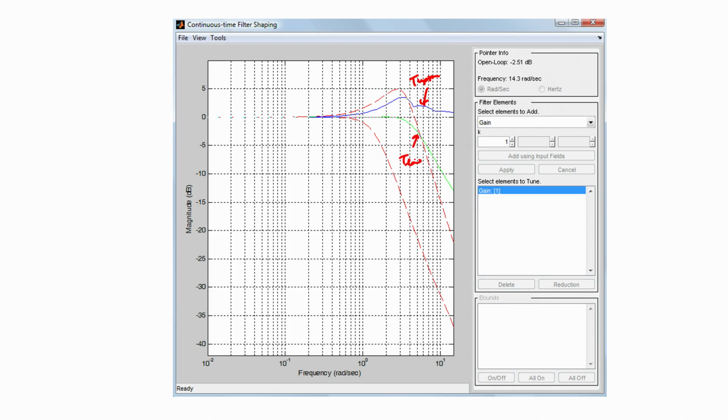The green curve here is T lower, and the dotted red traces represent the actual bounds for T upper and T lower, which was specified by us based on the fact that the closed loop poles PCL should lie within that particular rectangle. So these two curves were obtained by us at the outset of our design procedure, and we note that when we do not have a pre-filter, T upper and T lower violate these bounds. So parts of T upper and parts of T lower are outside the bounds in certain frequency ranges.